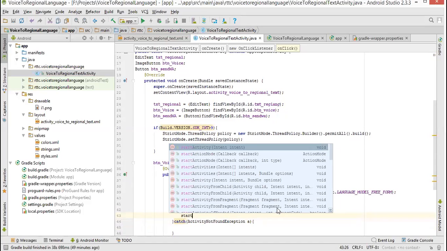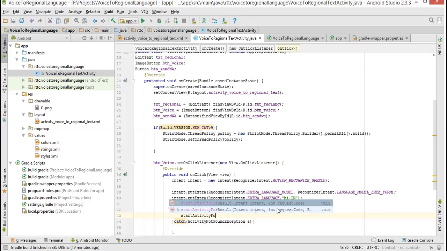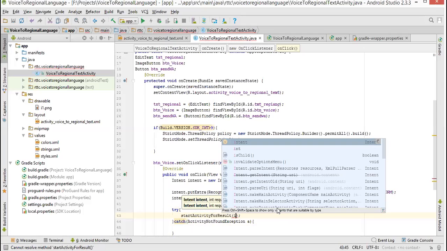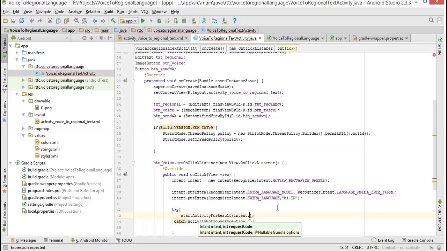How to do that? startActivityForResult. For the result of what? Of your intent, comma. You can put a simple